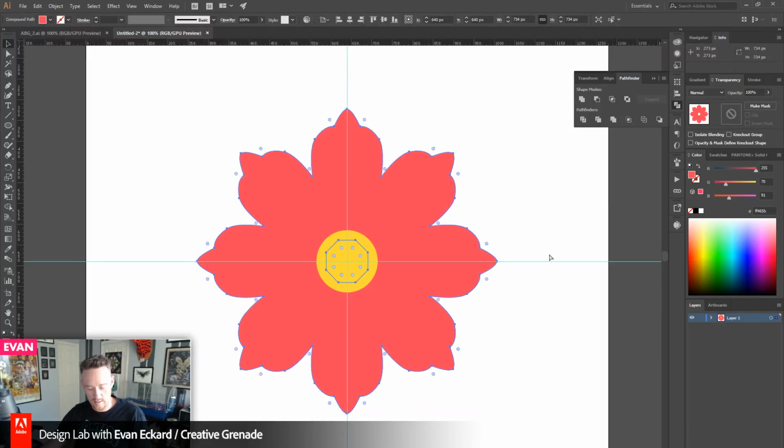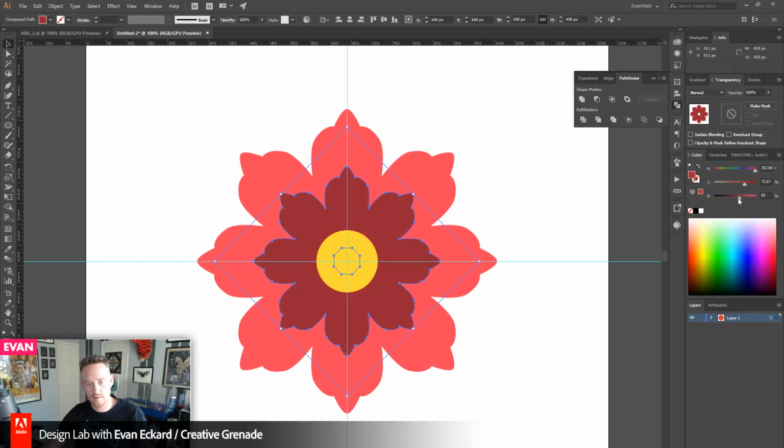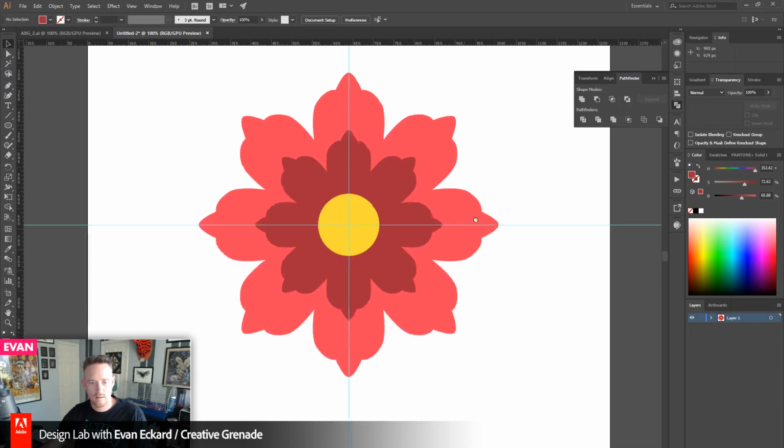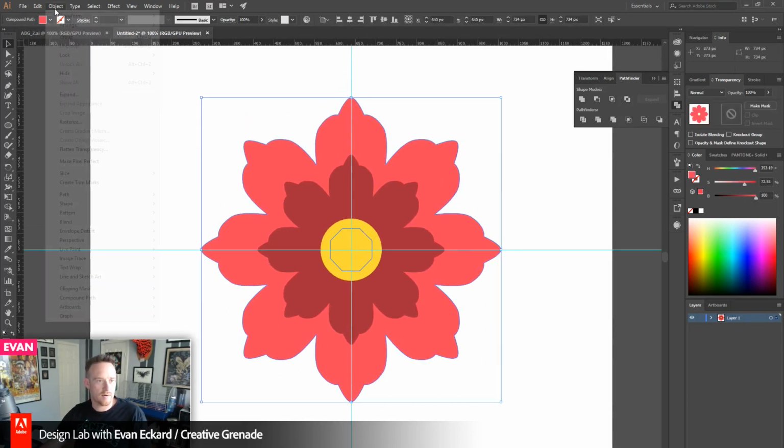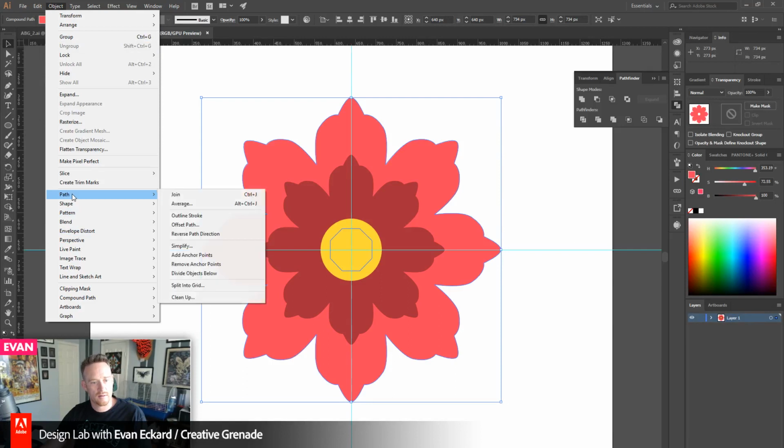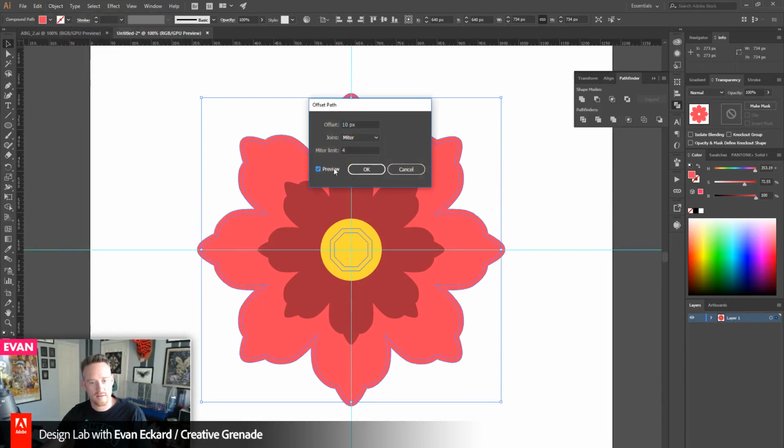So we'll grab maybe Control C, Control F, and we'll size this down. And HSB mode, and we'll darken it up. All right. And then you can start doing crazy stuff. You can go object, path, offset path. Let's give it a